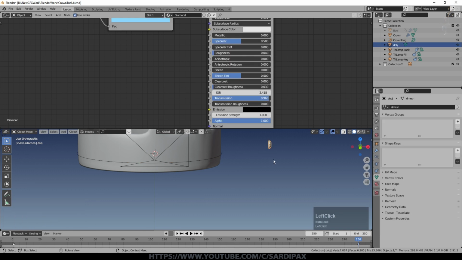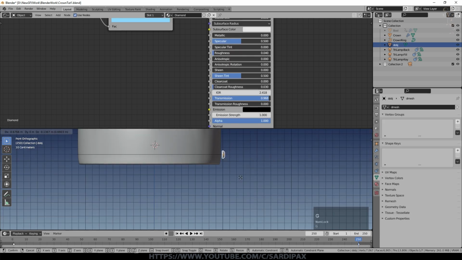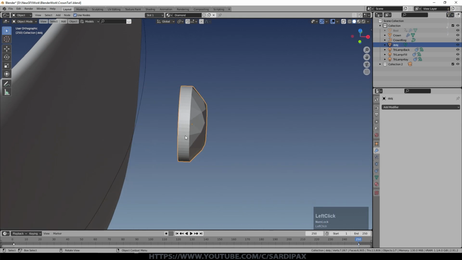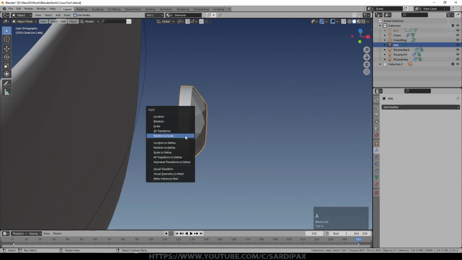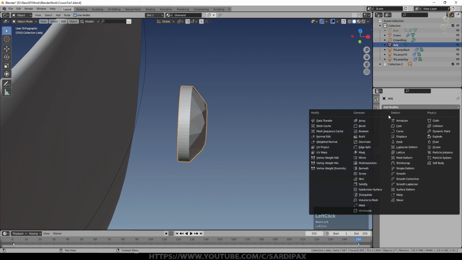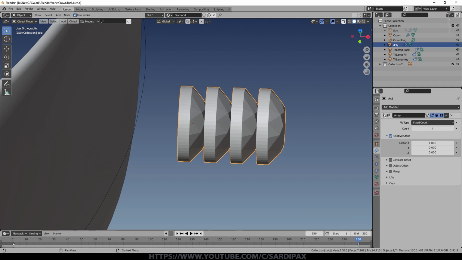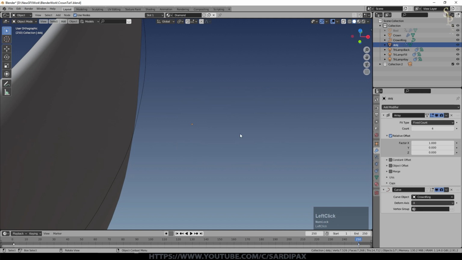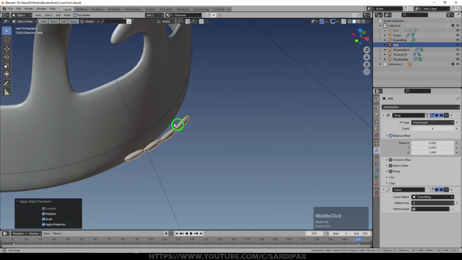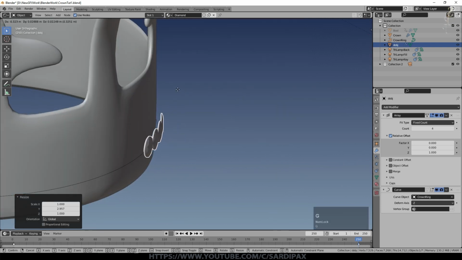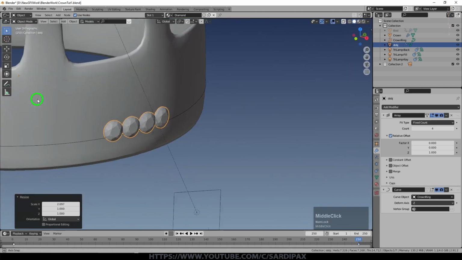And now we'll go to our gem, bring that down to here, somewhere fairly close. Make sure you've applied rotation and scale on the ring, and again apply rotation and scale to the gem. Then going to add an array modifier to the gem, and just put a few more of those in, and then we'll add a curve modifier, and we'll follow the crown ring curve. I've set the duplication axis to be the Z axis. I'm just scaling it up, in this case on the Y, just to get the shape back again, and just pushing it in just to be fairly close.